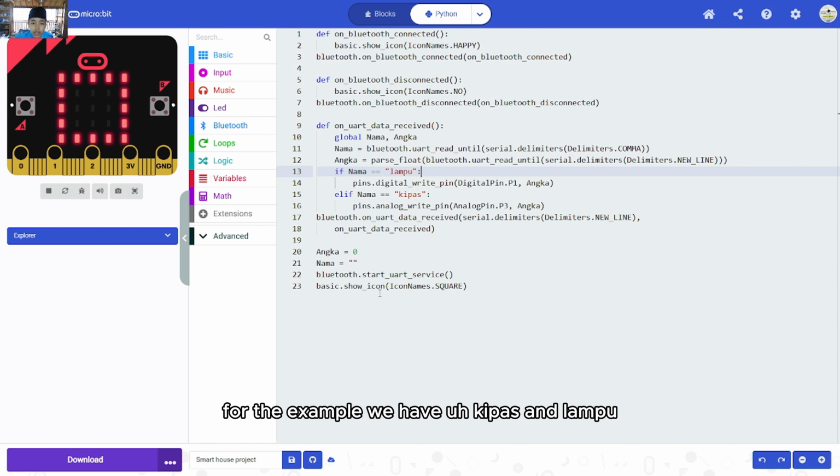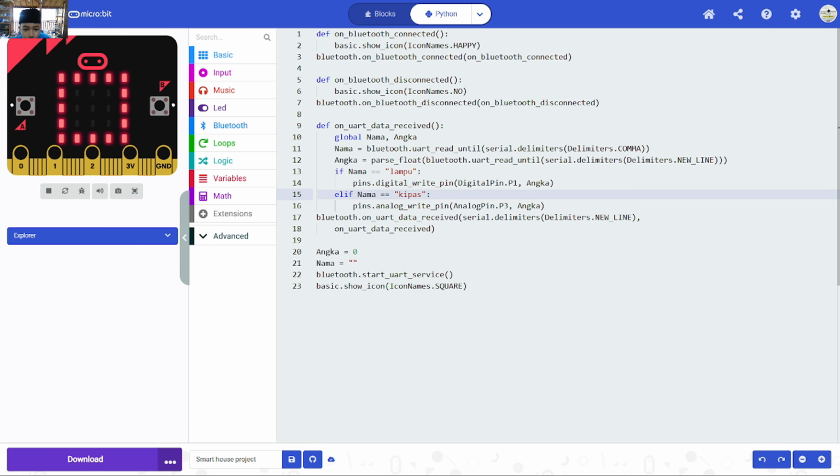For example, we have kipas and lampu. I will explain lampu and kipas. For the pins, digital write pin 1 with angka, because angka is for lampu. If nama equals lampu, the number will be sent to digital pin 1.